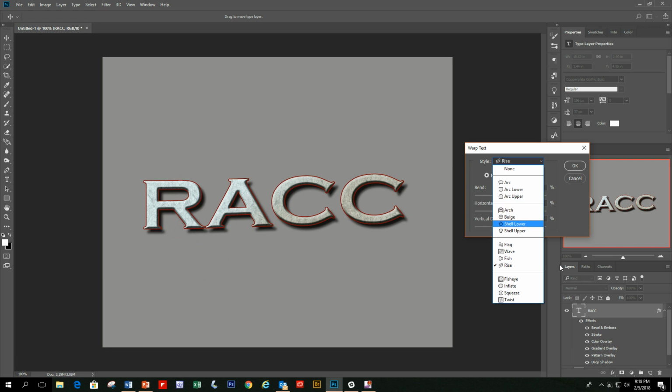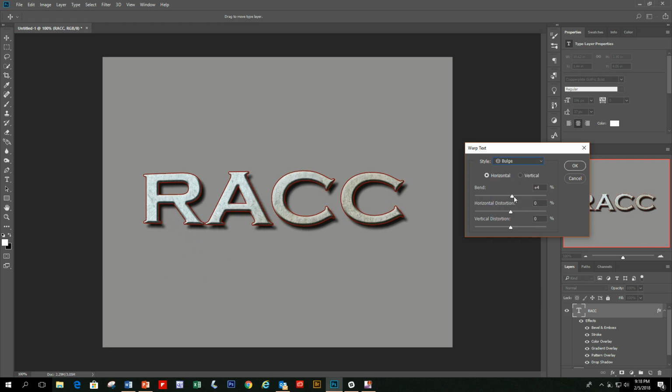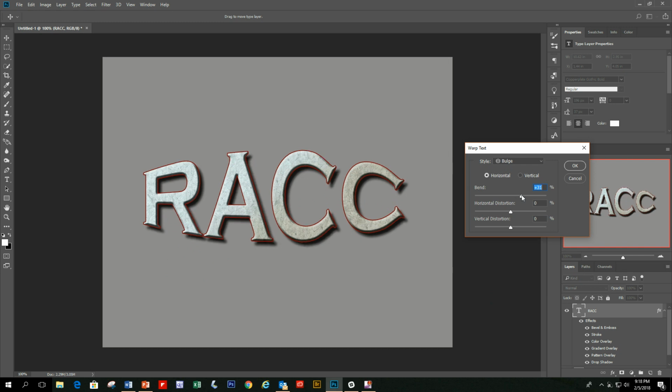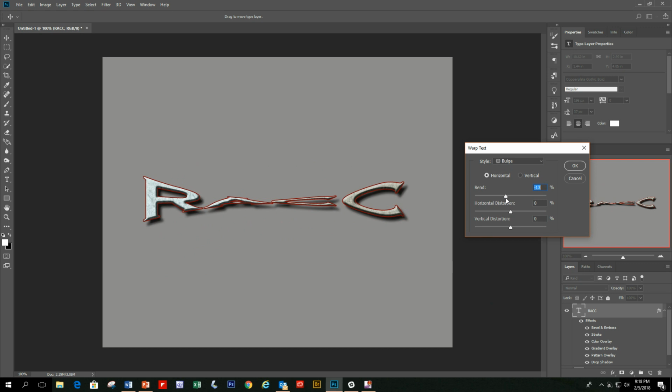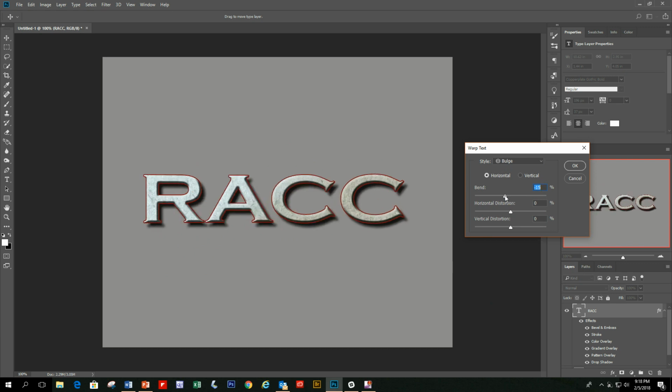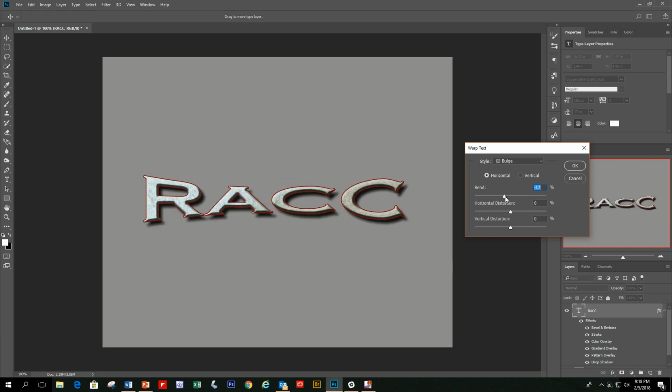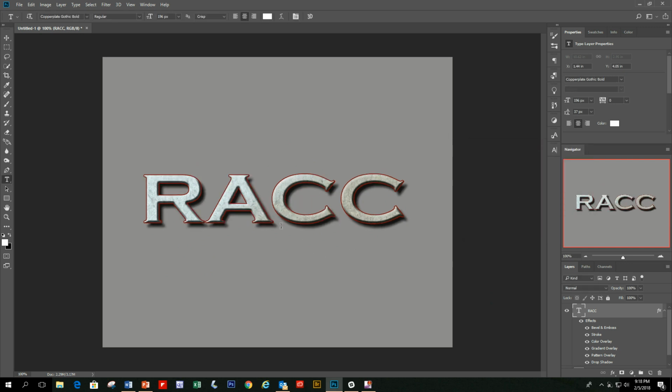And I'll just do one more here. Bulge is an interesting one. You can actually bulge your text, and if you go to the negative, it goes the opposite direction. I went too far on that one, but here you go. It just kind of pinches it in. Okay, I'm going to hit cancel and bring it back to normal. So I just wanted to show you that there are some warping options that you can use in addition to the layer styles to enhance your image. Okay, so we're going to switch gears right now and move on to another